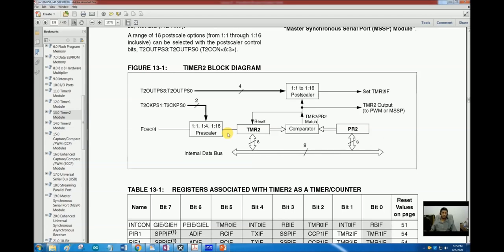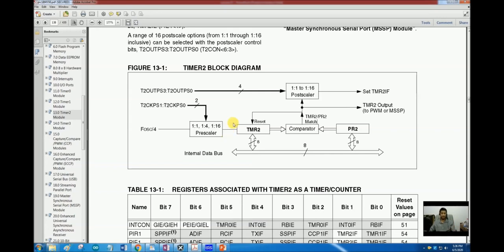So that is a huge advantage. We are saving just 1 or 2 instruction cycles in which we had to preload the timer manually after each overflow. But as I said earlier, those 1 or 2 instruction cycles are crucial. In case of RTCs, that error keeps accumulating with time, and it becomes a huge error after a certain time, so we cannot afford that. So timer 2 can be used to generate very accurate waveforms without having the need to manually preload anything.